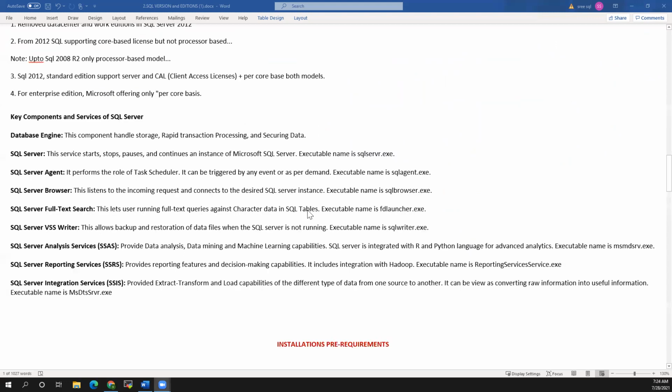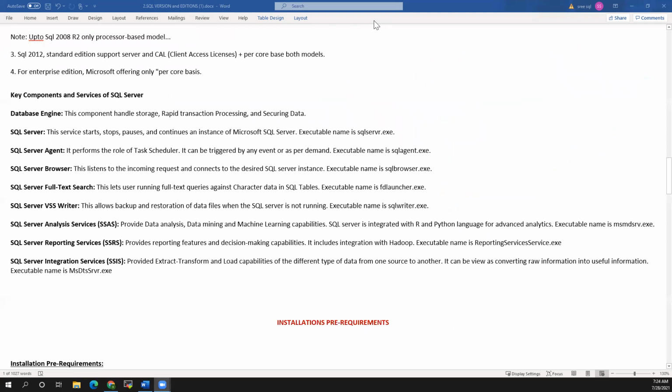Here we wanted to know what the key components and services available in SQL Server are. When you install SQL Server, what kind of services will you see in services.msc and SQL Server Configuration Manager?